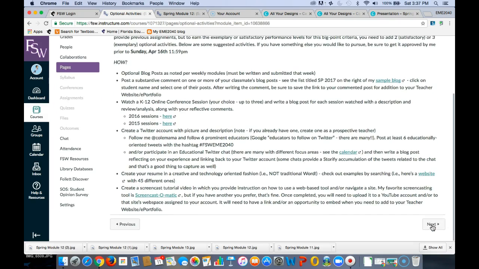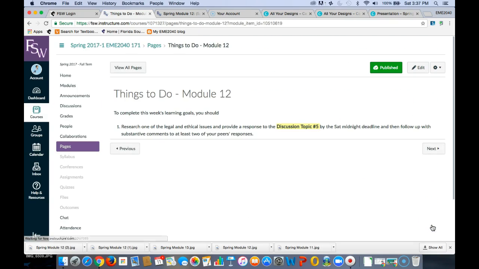Another chance at seeing what the optional activities are. And then your to-do for this week is to do our last discussion topic. Please remember that the discussion topics are meant to be academic writing. It means that you need to do some research. You need to use in-text citations as you quote information that you have found from somewhere. Please do not use this as an example of reflective writing that's designed to do in your blogs. So don't do your opinion. I mean, sometimes you can work your opinion into it, but that's not the focus of this.